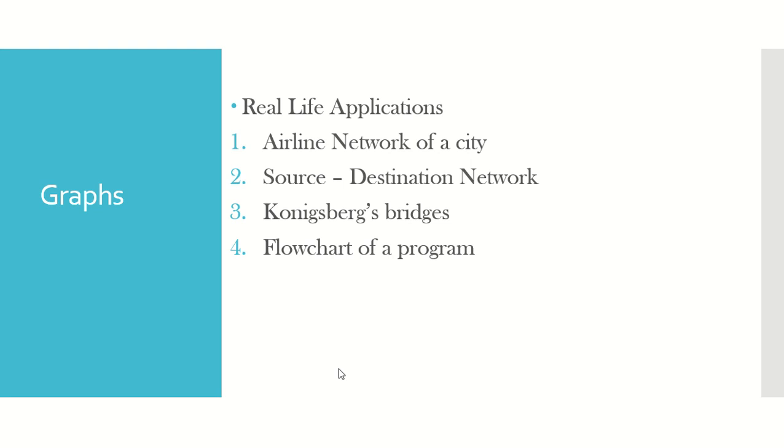The third one is Konigsberg's bridges, which is actually a puzzle, a mathematical problem which was trying to identify a solution for the given problem, and the solution was also made using the graph data structure. I'll give you an insight into Konigsberg's bridges. Then when you talk about the flowchart of a program, it is a perfect example where you can use the graph data structure, because all those scenarios that you encounter, all those cyclic loops, all those sequential executions, can be taken as parts of a graph.